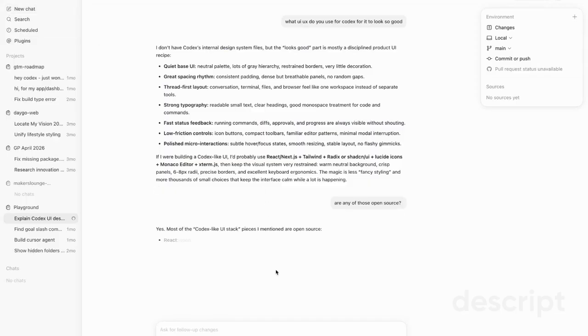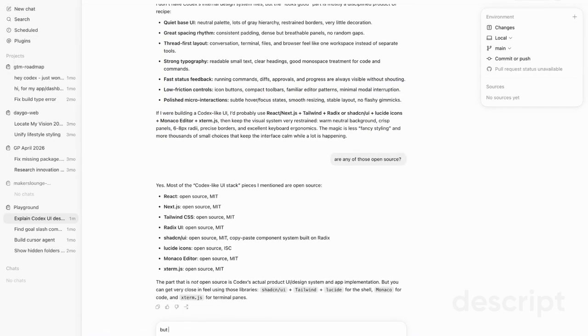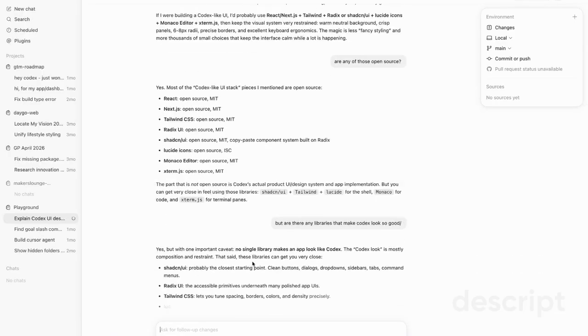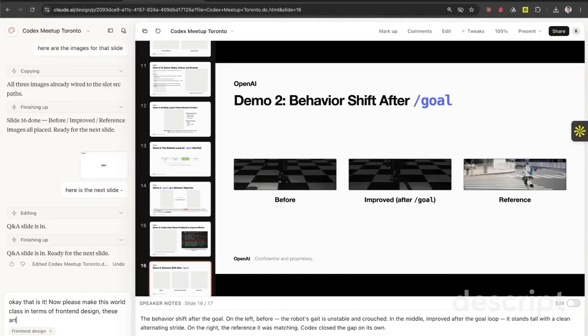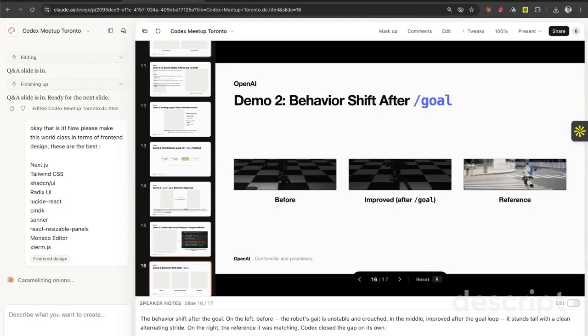Here we're digging into which libraries give Codex that polished feel, and Claude confirms most of the stack is open source. Now we're handing Claude the real ask: make this deck world-class, and pasting in the best-in-class front-end libraries to design